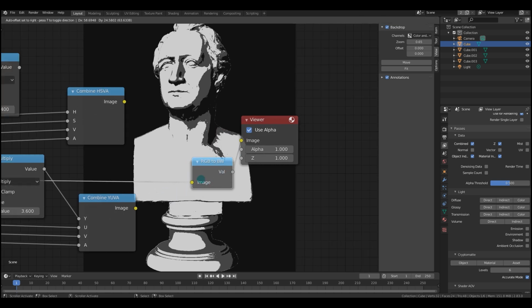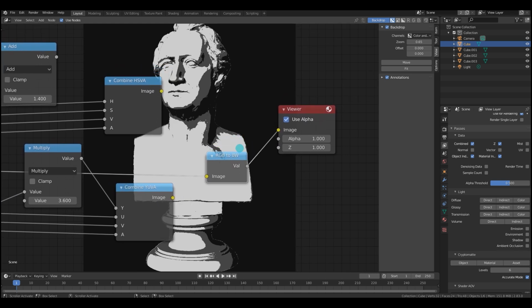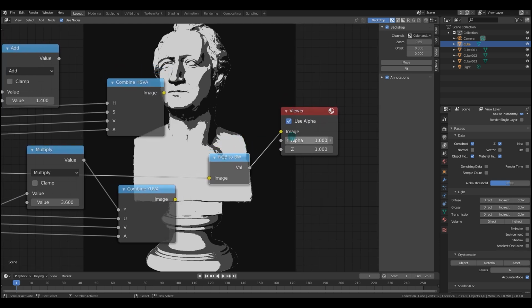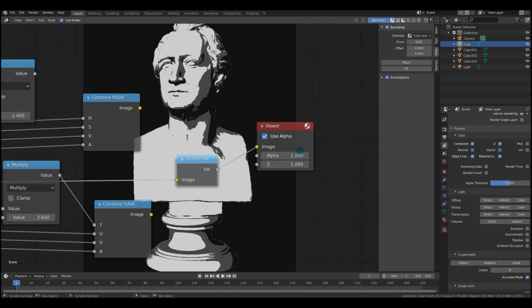The RGB to black and white node converts RGB input into grayscale using the luminance. It's useful anytime you need a grayscale or a scalar version of your input. So this could be used for dramatic effect or for texture purposes, anything like that.